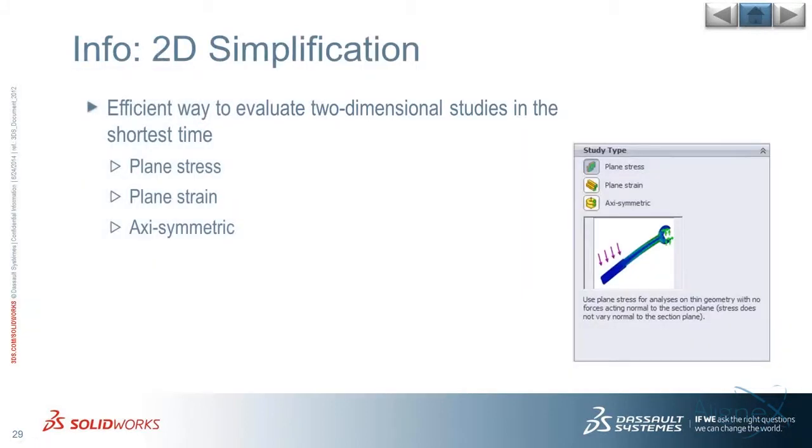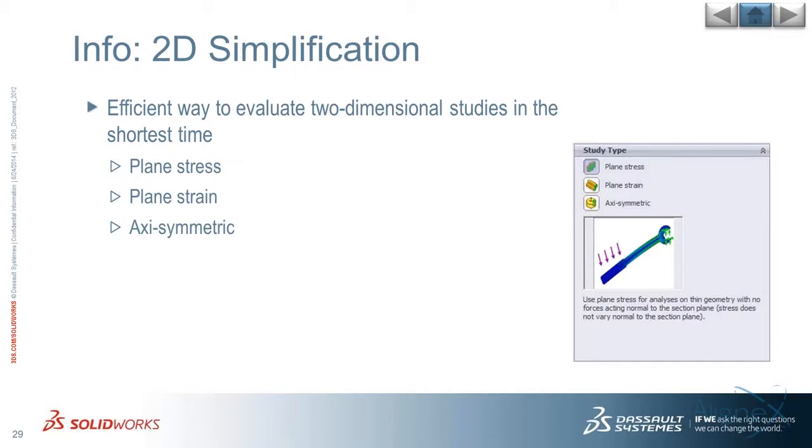So with 2D simplification, we can do 3 different types. We can do a plane stress, where the stresses through the thickness of an object are going to be constant, and then we also have a plane strain, where the strain value, so how the body stretches, is going to be constant through the thickness, and then also the axisymmetric, which we saw in the previous example, where we're just revolving the geometry around an axis